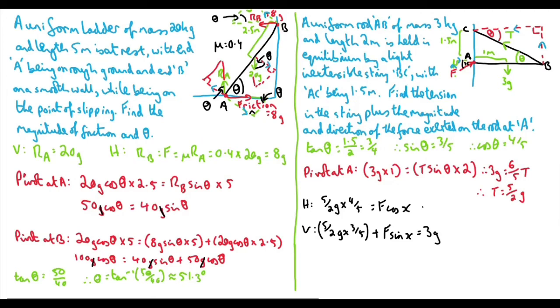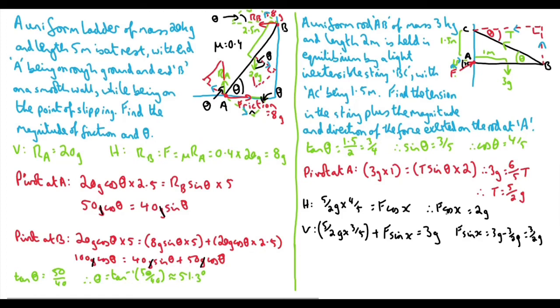So, to simplify both of these, we've ended up with F cos X. That's going to equal 2g if you times the 5 over 2 and the 4 over 5 together. And then here we've got that F sine X is going to equal 3g minus, and together this would make 3 over 2g, which in turn, 3 minus 3 over 2, that's just another 3 over 2g. So from here,